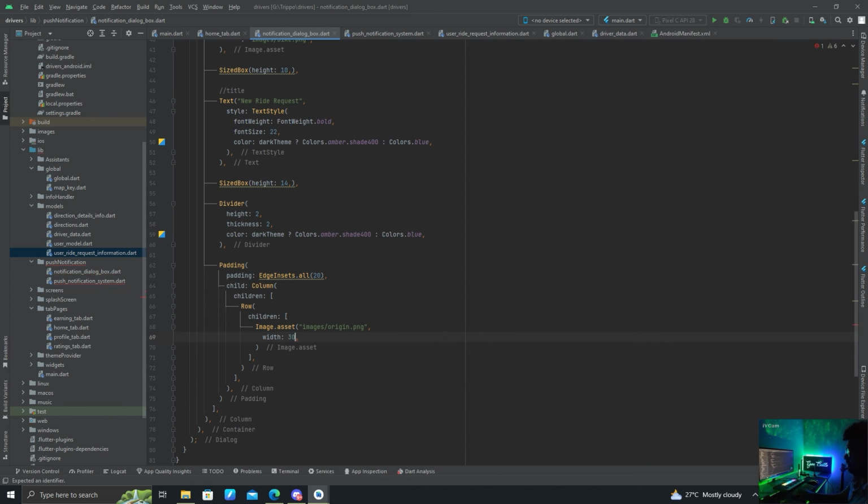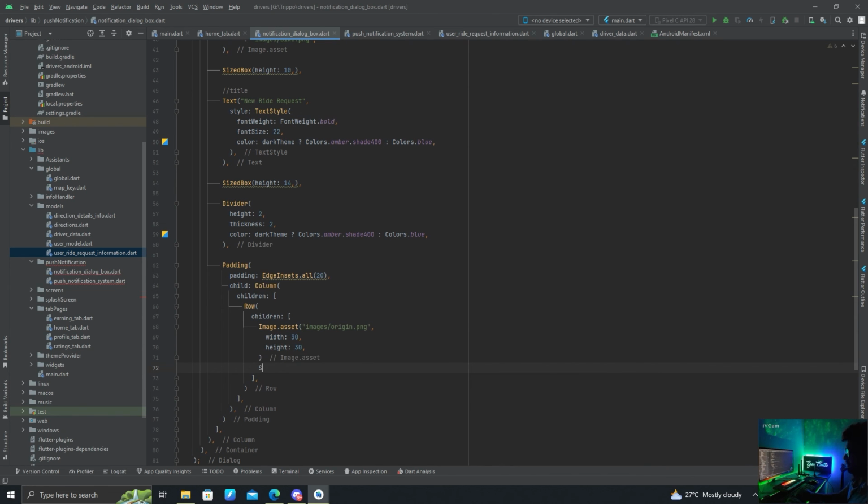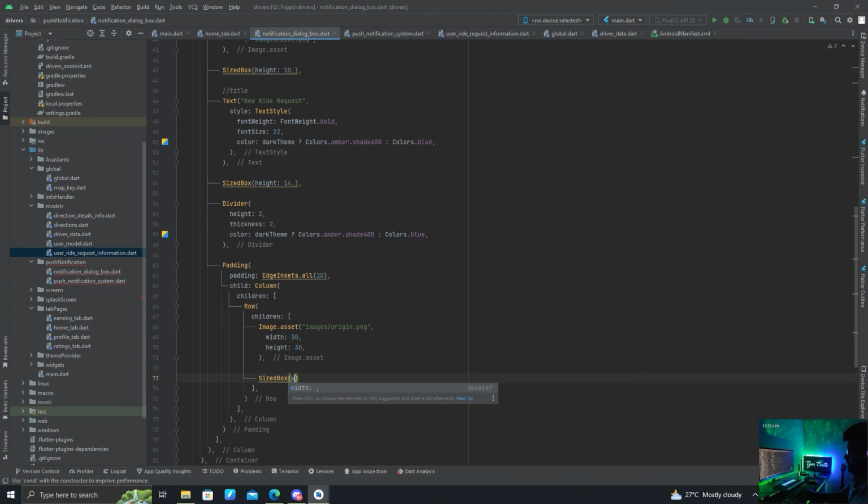Width to 30 and height should be around 30 as well. Then add a SizedBox of width 10,